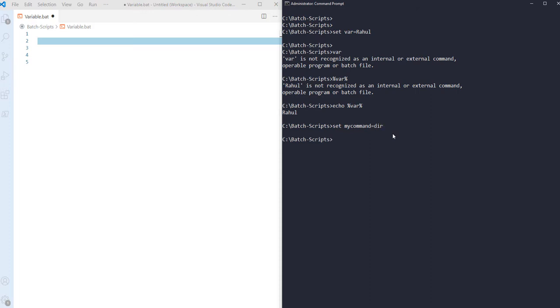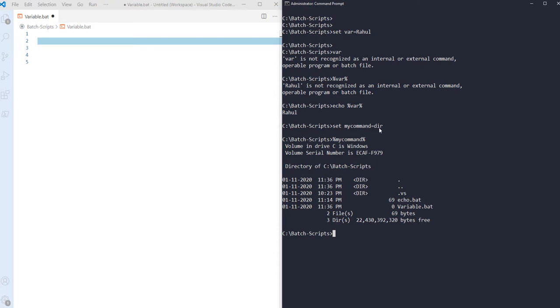And now if I call this variable using percent sign my command, it's executing this dir as a command, and dir is a directory command, so it's displaying all the files from this particular directory. So this is how you can use the variable.